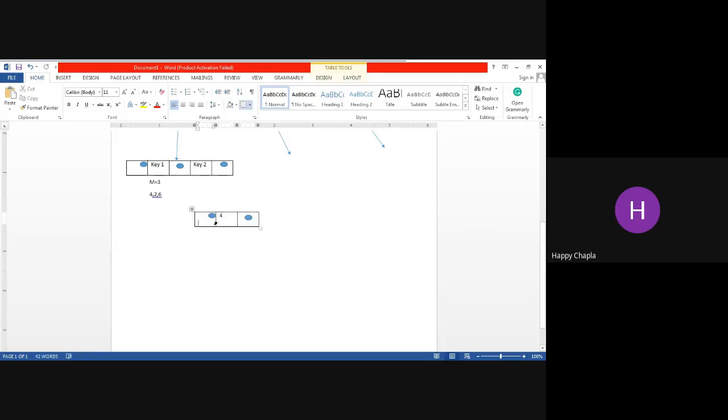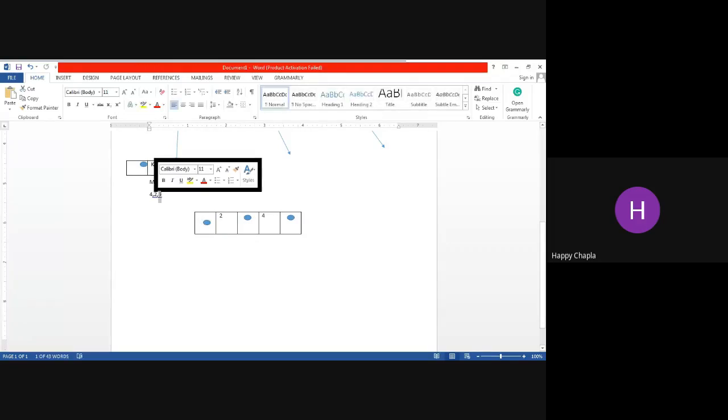So how can we insert it? For that we must insert it over here, because 2 is less than 4. Now I want to insert 6. Where can I insert 6?